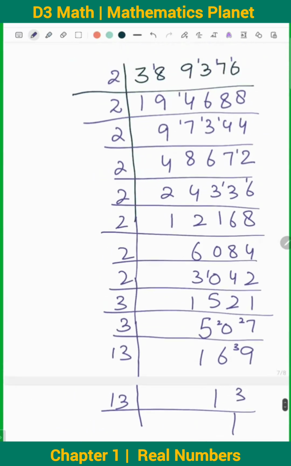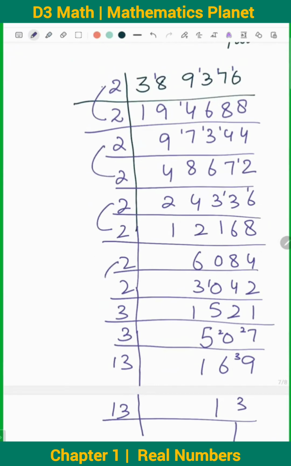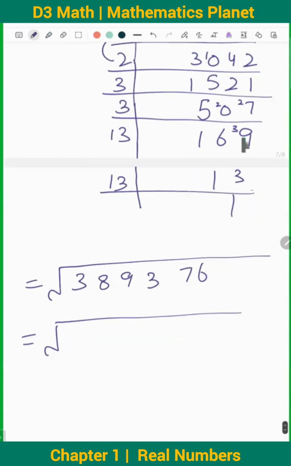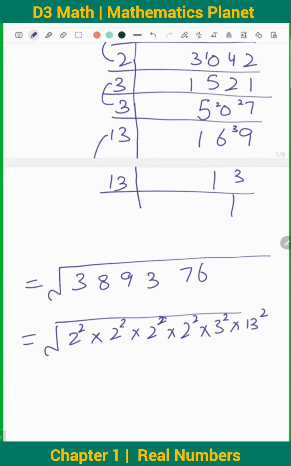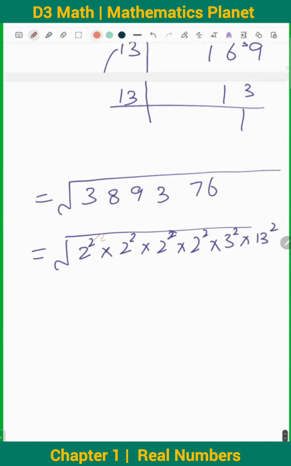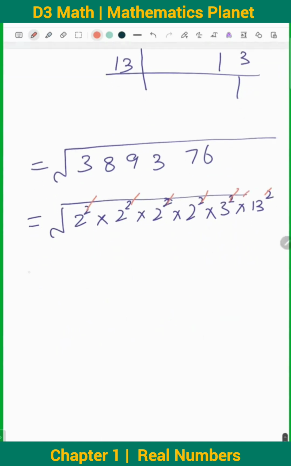So 1 2 3 4, 2 के हमारे पास 4 पेयर्स आ गए। 2 स्क्वायर मल्टीप्लाई बाय 2 स्क्वायर मल्टीप्लाई बाय 2 स्क्वायर मल्टीप्लाई बाय 2 स्क्वायर मल्टीप्लाई बाय 3 स्क्वायर मल्टीप्लाई बाय 13 का पेयर आ गया हमारे पास। तो अब ये जो सारे स्क्वायर्स थे, क्योंकि स्क्वायर रूट स्क्वायर को कैंसिल कर देता है, वी हैव लर्नड इट सो डीपली इन D1 मैथ्स के कैसे स्क्वायर रूट स्क्वायर्स को कैंसिल करते हैं और क्यों। तो ये कैंसिल हो गया, तो व्हाट वी विल गेट 2 टाइम्स 2 टाइम्स 2 टाइम्स 2 टाइम्स 3 टाइम्स 13।